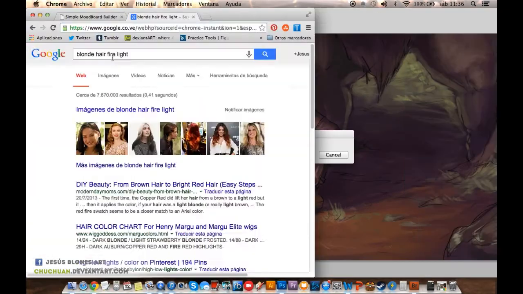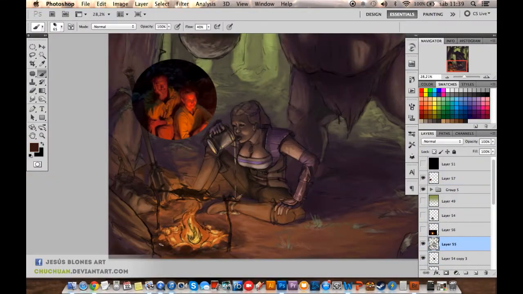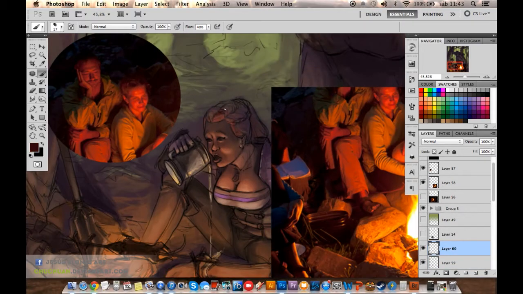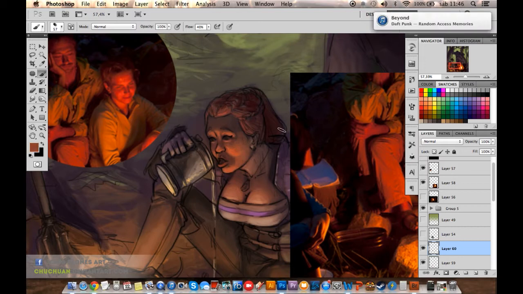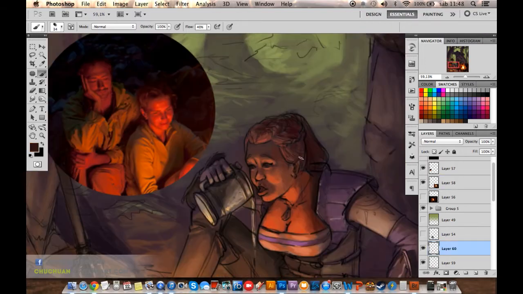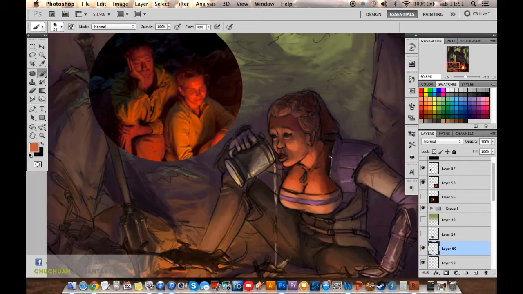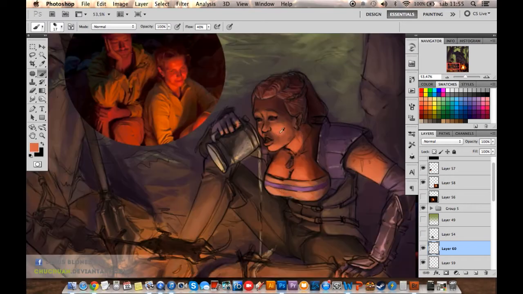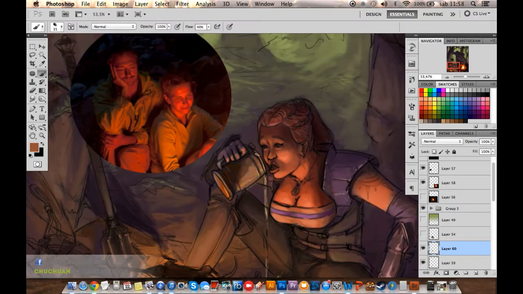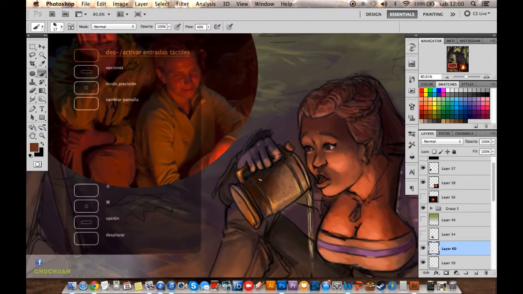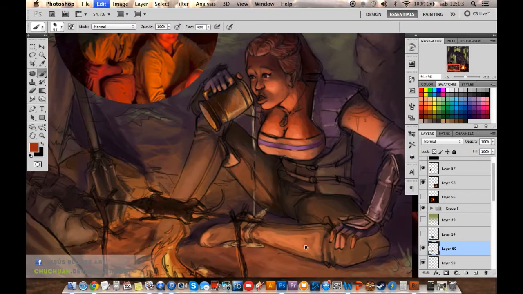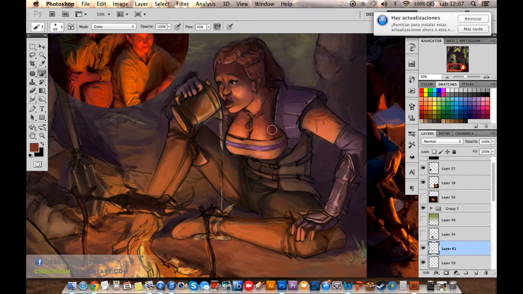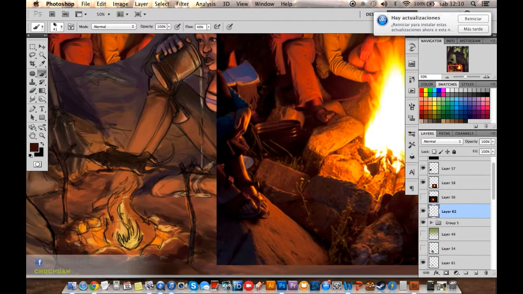The other thing that I want to talk to you about is this next point. Details take time, so be patient with your illustration. In the first part of the illustration, I created all the design, and I worked a lot with reference, as you saw. But in this part of the illustration, you have to be really patient, because you are in a part where you are only polishing all the stuff that you already created.